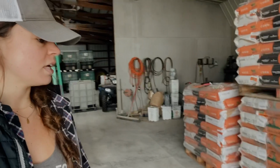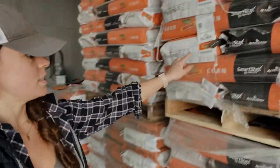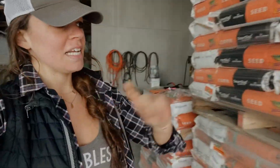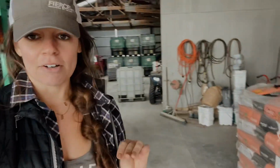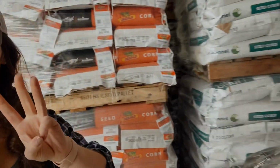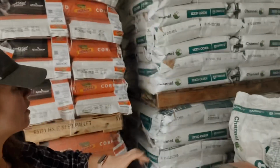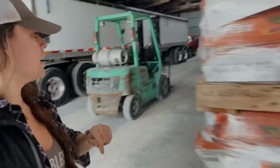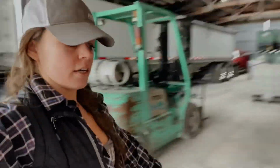So each corn hybrid, this is a 6617, this is a 6390. They're all corn, but each of these different numbers has different characteristics, is suited for different types of ground, different types of drainage, that kind of thing. So we've got 3 seed brands that we plant for corn now. We've got Channel, we've got DeKalb, and over here,